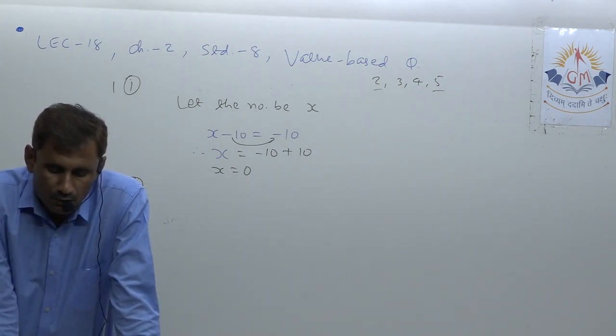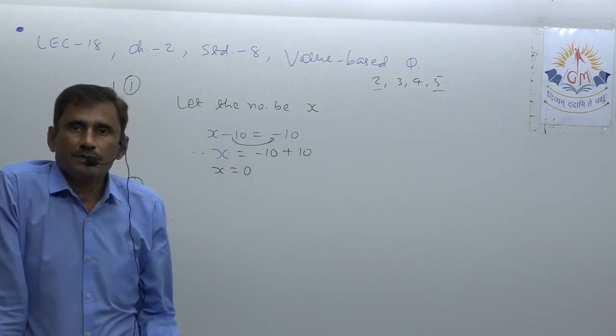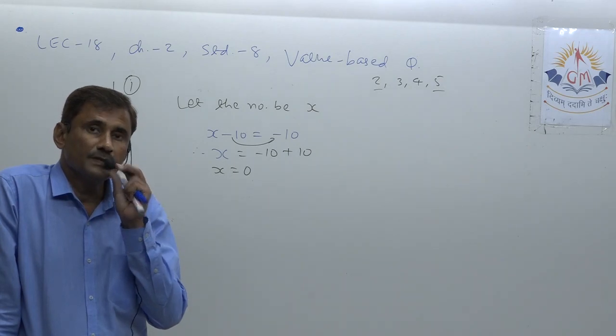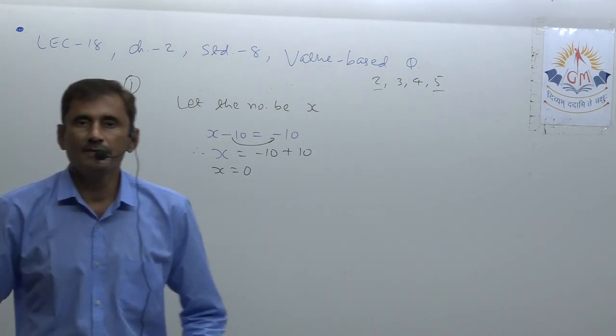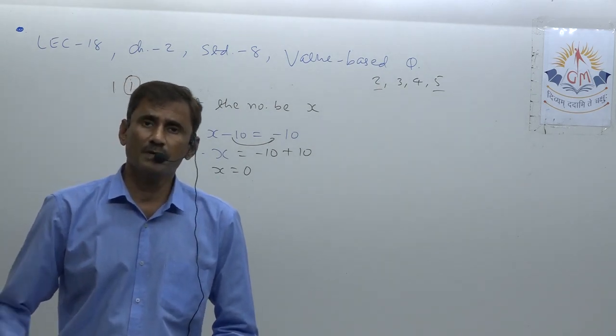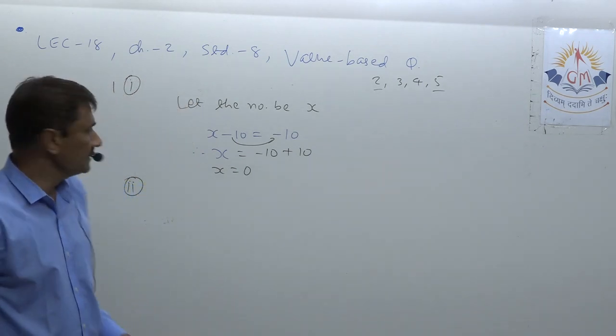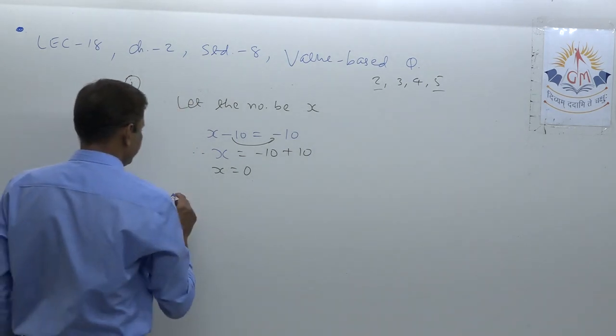So one number is 4 times the other. So here we have to suppose the other number. Why? Because it is smaller. It is always advisable to suppose the smaller number. Okay, so it becomes very easy to get the other number, meaning the larger number. So if we say the smaller number be x,